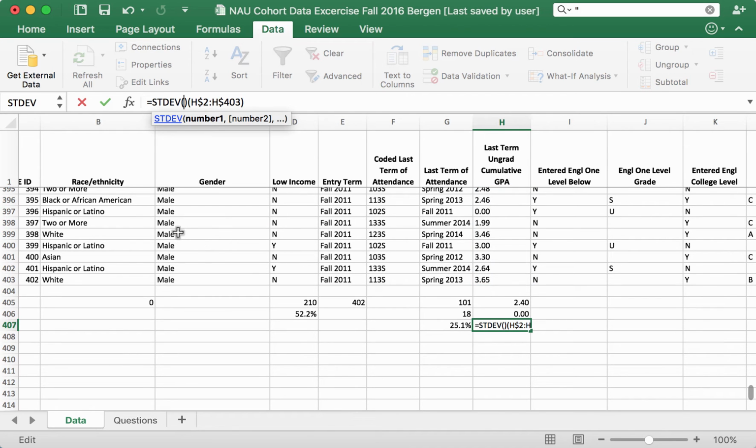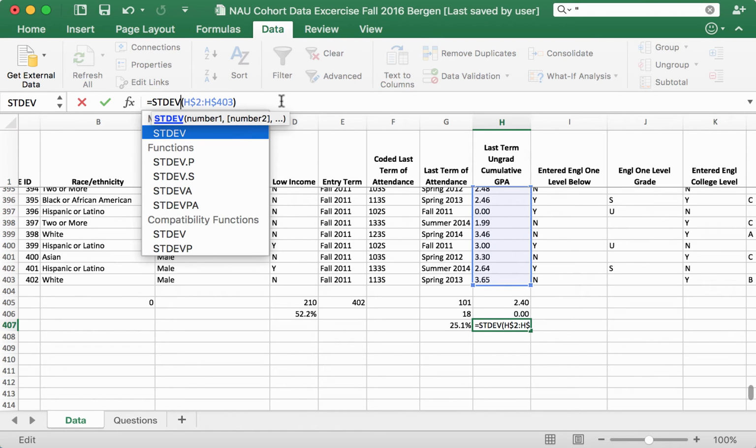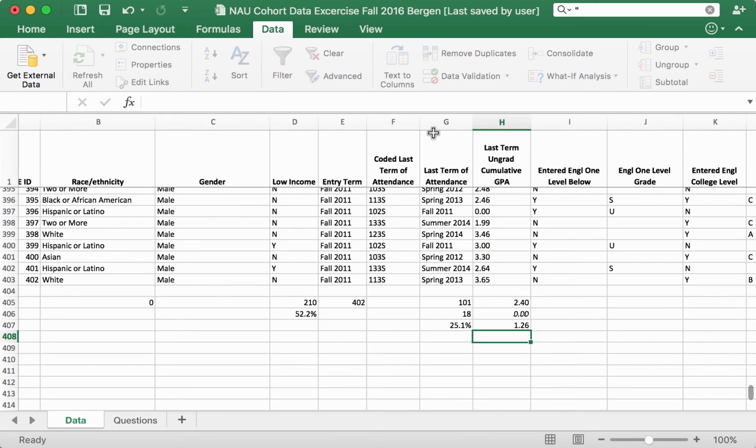And again, this formula is locking the range that we've used, which is H2 to H403, and I've gotten rid of the 2 parentheses that Excel so conveniently provided for me, which would return an error right after STDEV. And I get 1.26 is the standard deviation, meaning that there's a spread between the mean there, which is 2.40,